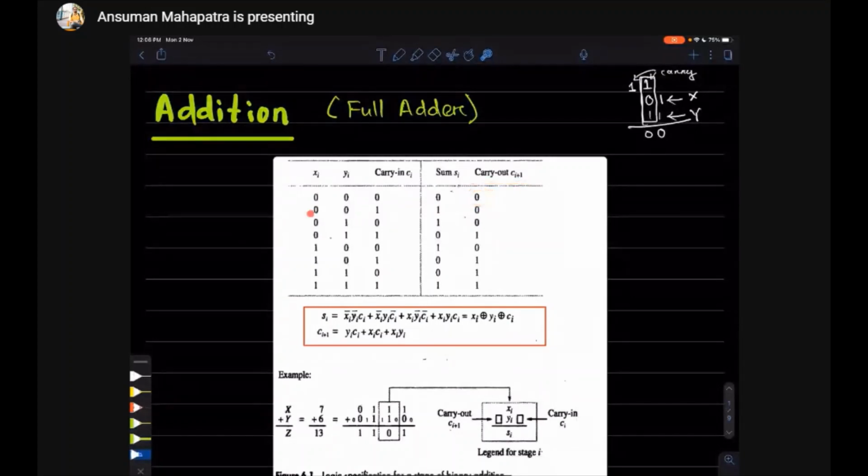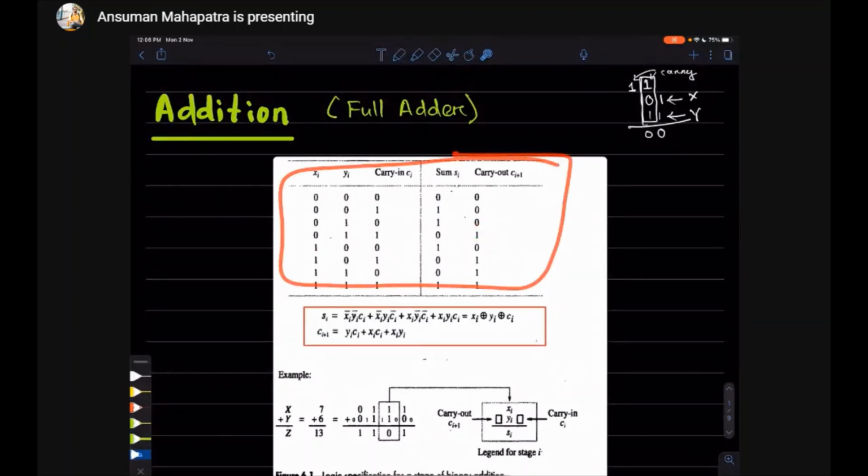Whenever it is 0 0 1, that means 0 plus 0 plus 1, the sum will be 1 and there will be no carry. Whenever it is 0 1 0, the sum will be 1 and there will be no carry. Whenever it is 0 1 1, the sum will be 1 plus 1 is 0 and there will be a carry 1. So like this the table is made.